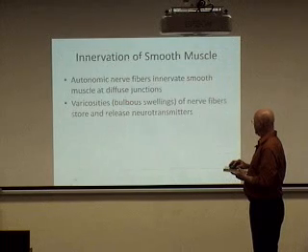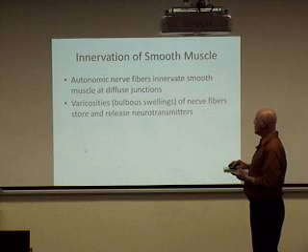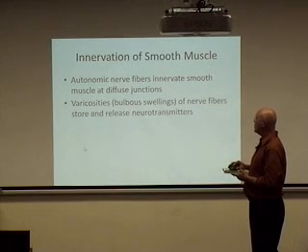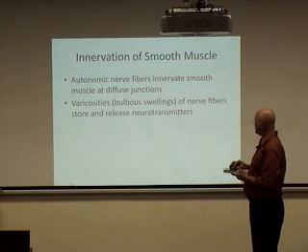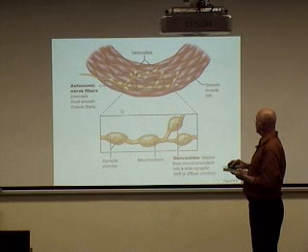If we continue on, the innervation of the smooth muscle is also different. In this case, again, it's not under conscious control, so it's not the central nervous system that controls the smooth muscle. It's actually the autonomic nervous system. And it doesn't have specific neuromuscular junctions. Instead, it has what's called varicosities. And these are bag-like shaped